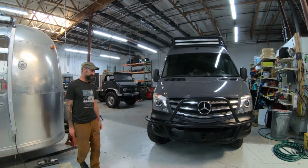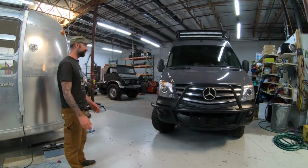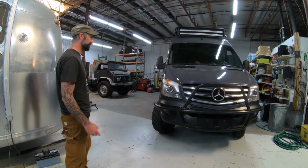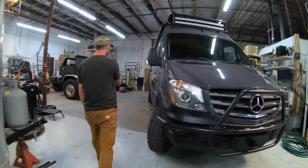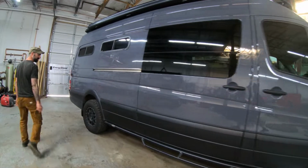So this whole video is kind of a tutorial of how to use every little nook and cranny and awning and water pump and every little thing we got on here. So we'll start on the outside. Walking through here,